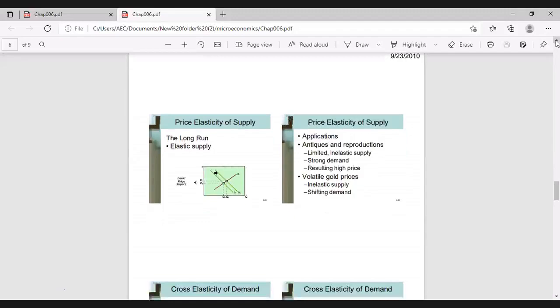So, application of price elasticity of supply. We know some products in an auction, something used by Mahatma Gandhi or Steve Jobs, or the queen used some product. If they bring it to the auction, some famous artist's paintings, its supply is limited, only a few. So if they bring it to the auction, some people will pay